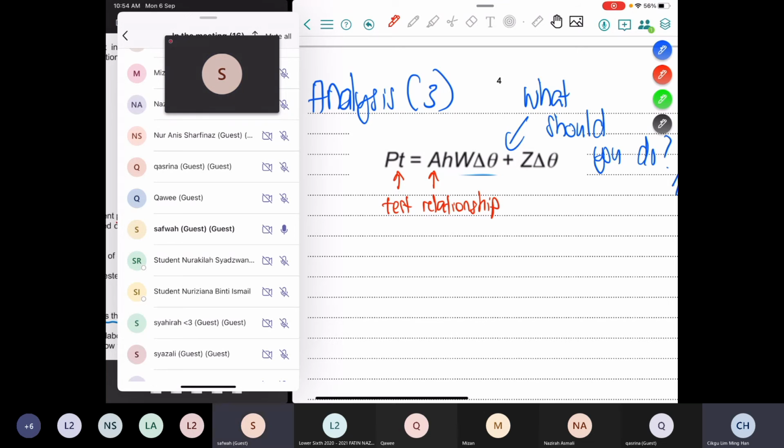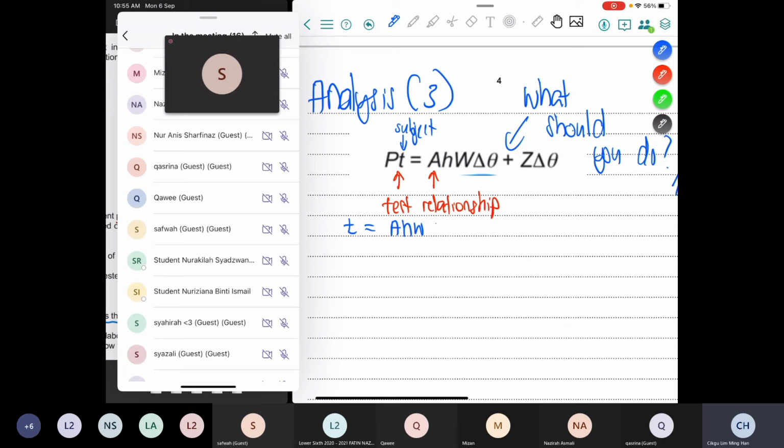Safwa, looking at this formula, which is easier to make the subject? T or A? T. Alright. So, thank you, Safwa. Let's continue. Let's make T the subject, okay? So now we have T equal to